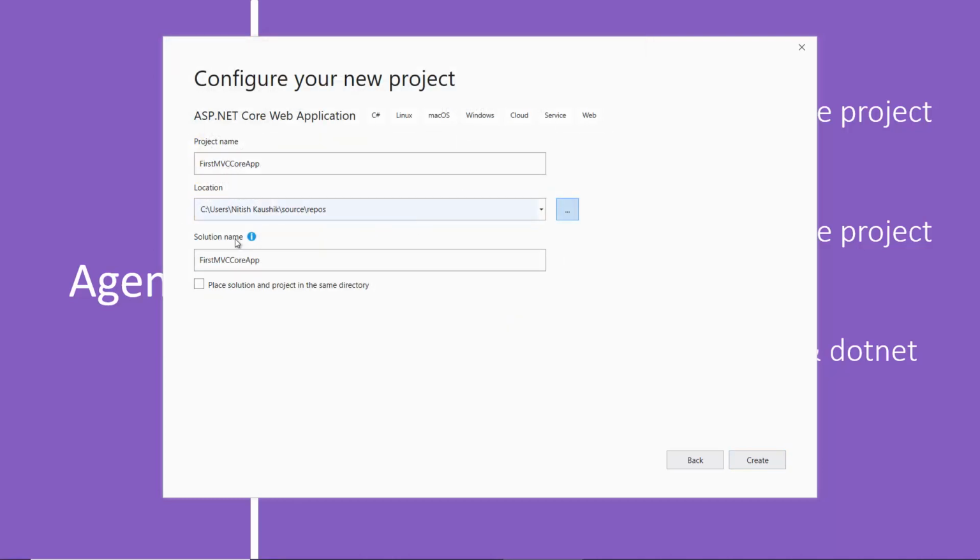Then we have to enter the name of our solution. By default, the name of the solution will be the same as the project name. But if you want to update it, you can enter the updated name over here. Place solution and project in the same directory: if you want to put solution and project in the same directory, you can click on the checkbox. Let's leave everything default and click on this create button.